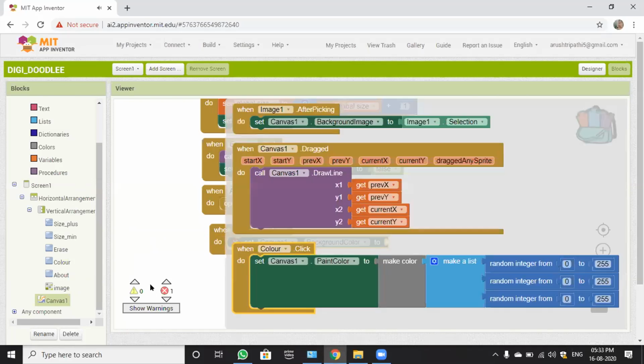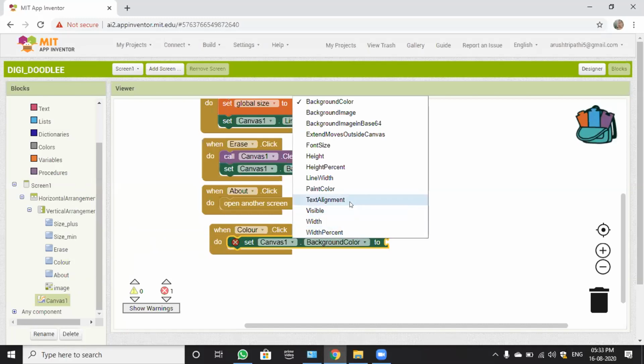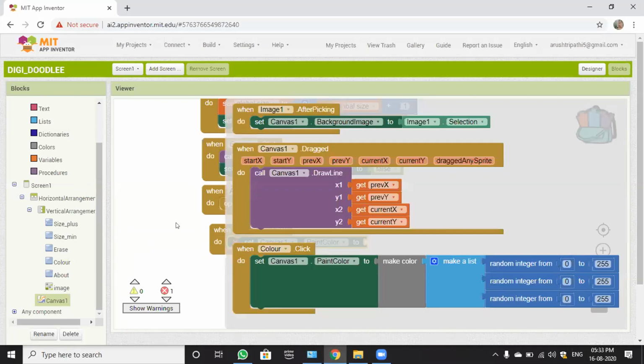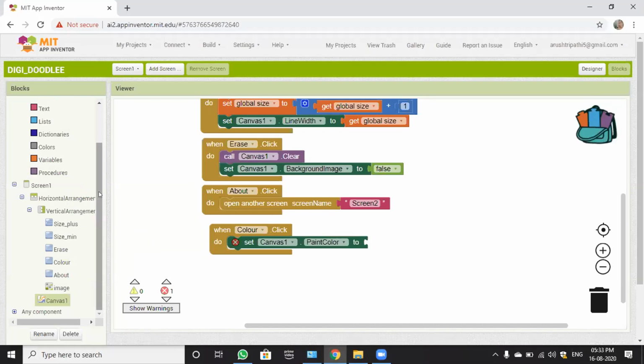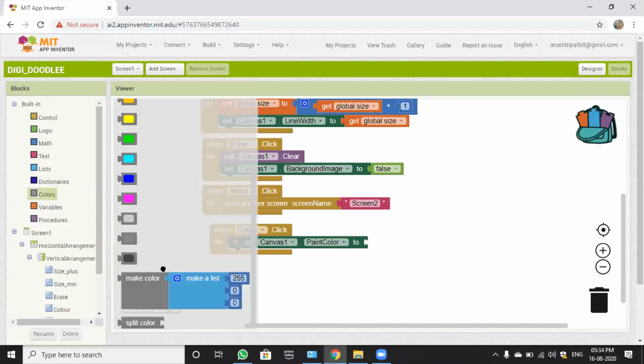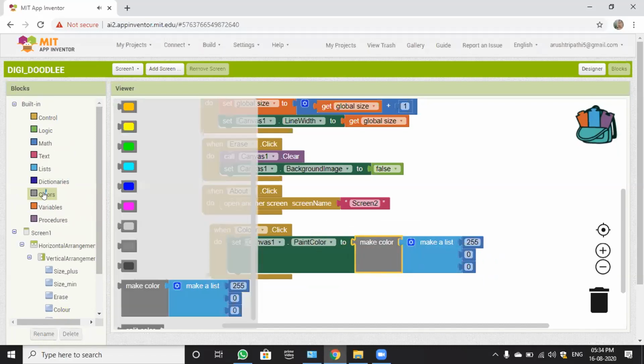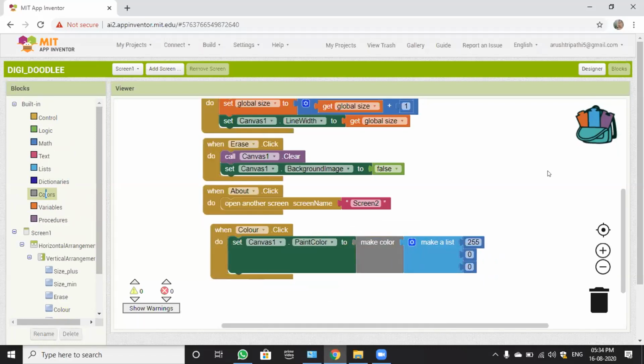Okay, set canvas one, you have to choose paint color. Sorry, my bad. It will be set canvas one dot paint color 2. You have to go to the colors and choose this whole block.